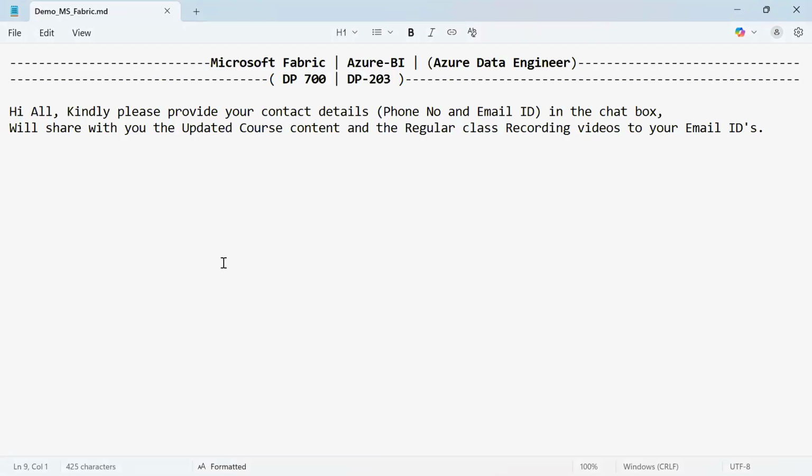And there are two demos we have today. We have demo one, that is an overview of Fabric. Tomorrow we have a practical demo on Fabric. So in today's class we'll understand what is Fabric, what is its capability, what are the services inside your Fabric,